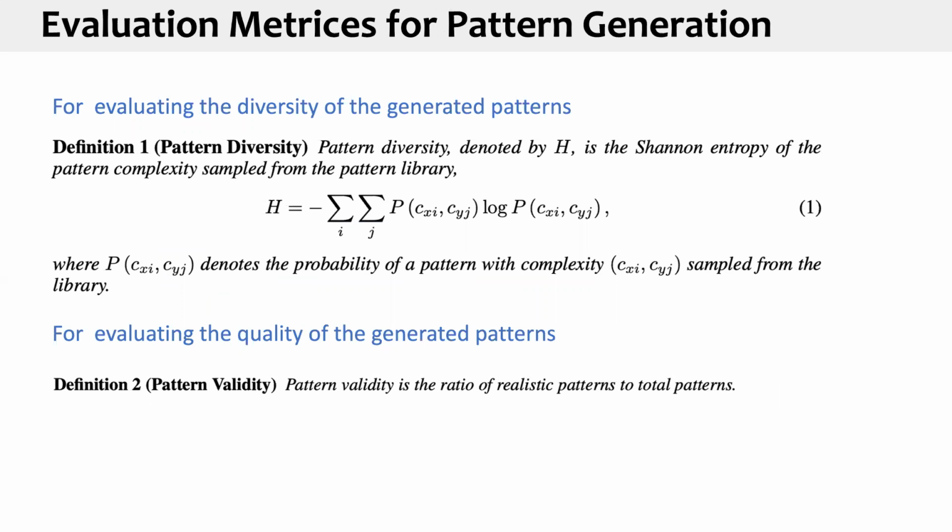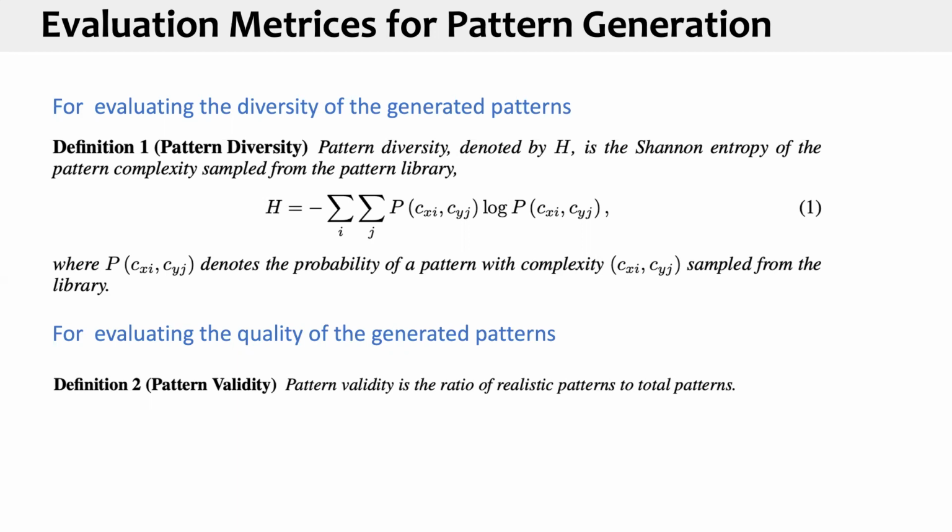The complexity of a layout pattern is represented as (Cx, Cy), where Cx and Cy are the numbers of scan lines subtracted by 1 along the x-axis and y-axis, respectively. The pattern diversity is defined as the Shannon entropy of the distribution of the pattern complexities as follows. According to this definition, the larger the entropy of the pattern complexity in the pattern library, the more diverse the